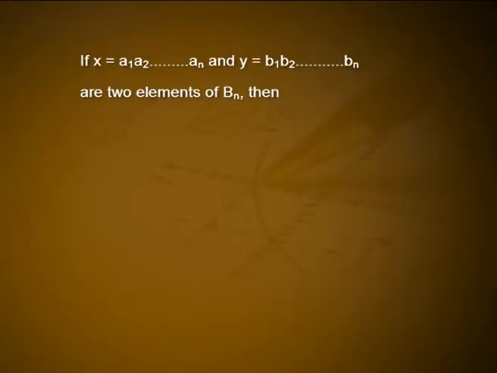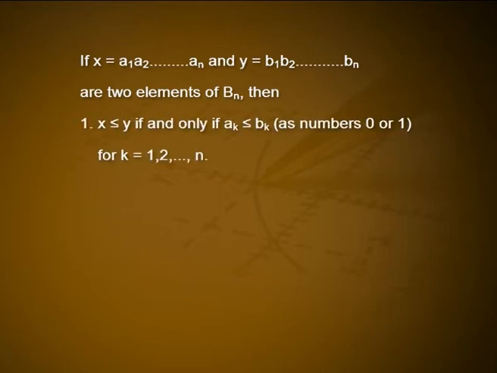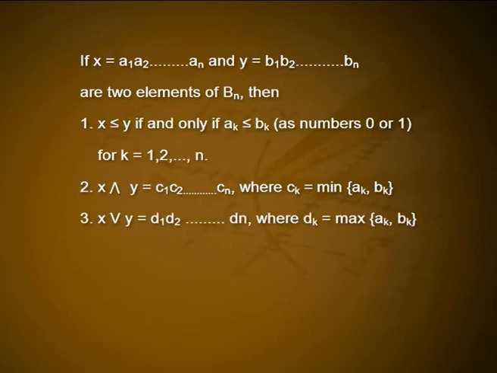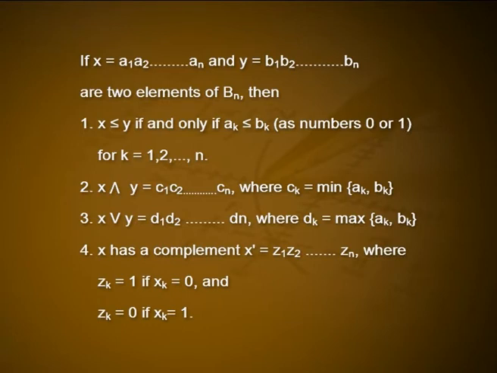If x is equal to a1, a2 etc. an and y equal to b1, b2 etc. bn are two elements of Bn, then x less than or equal to y if and only if ak less than or equal to bk as numbers 0 or 1 for k equal to 1, 2, 3 etc. n, and x meet y is equal to c1, c2 etc. cn, where ck is the minimum of ak, bk, and x join y is equal to d1, d2 etc. dn, where dk is equal to the maximum of ak, bk,